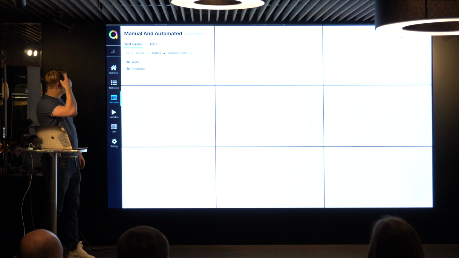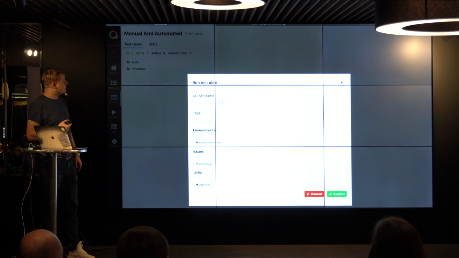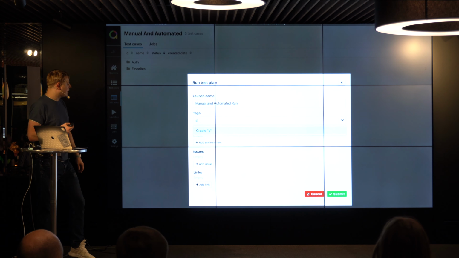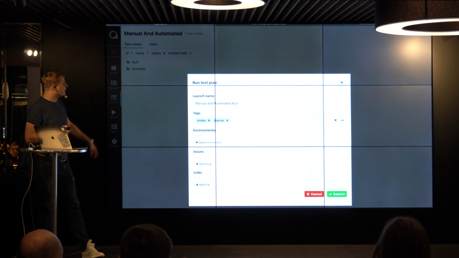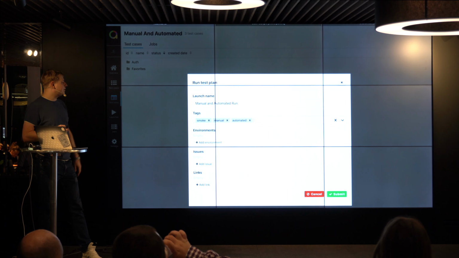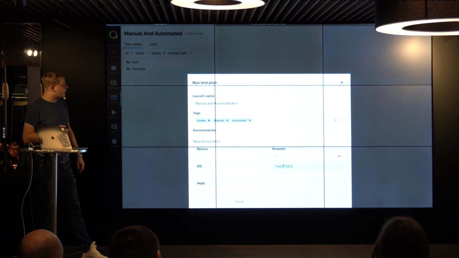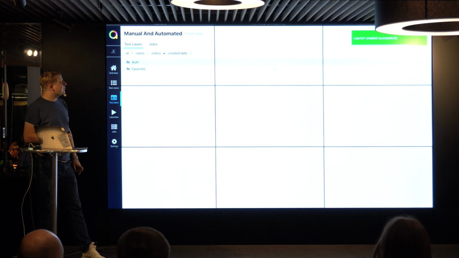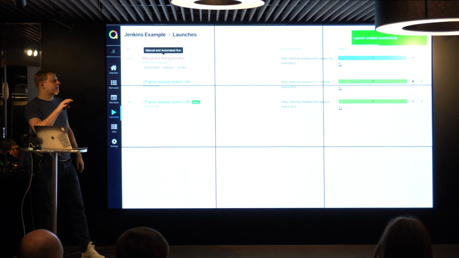When we start our test plan, we need to create a name, automated and manual run. Also, we may create some tags: smoke, manual, automated, add environment, browser, Firefox, and branch and host, and start. So all information about the environment